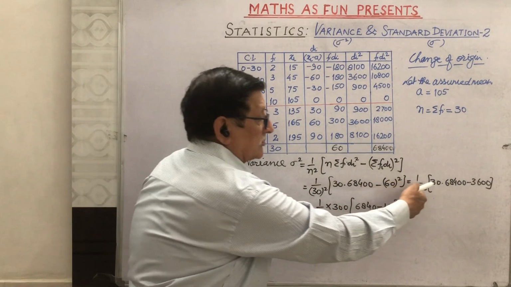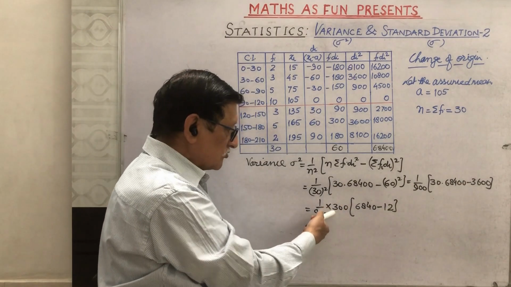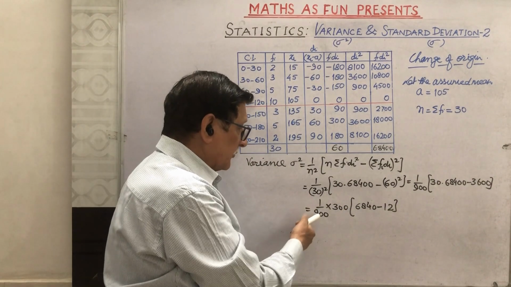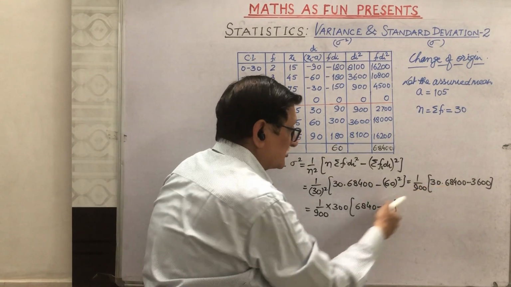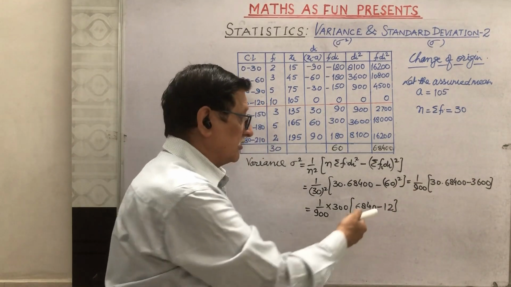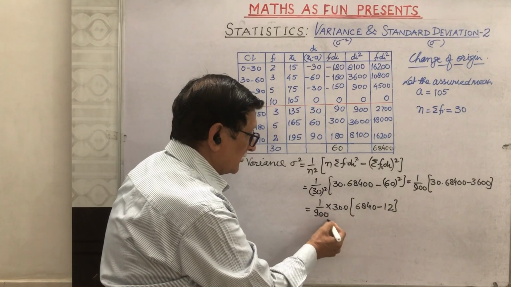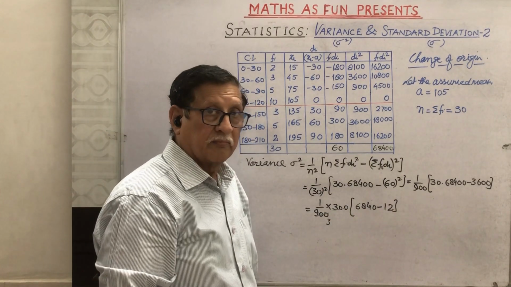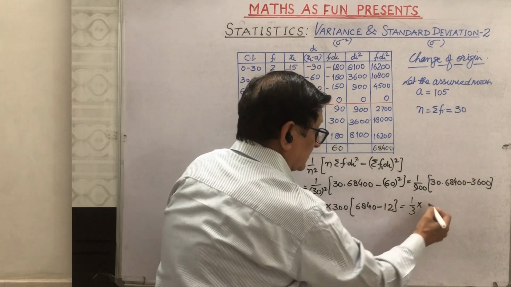Now we can take 30 into 10, 300. From this also 300 can be taken as common. So we are getting 1 upon 900 into 300, and here it comes as 228 minus 12, so it comes as 12. 300 cancels this 3 times. So it comes as 1 upon 3 into, subtracting this,